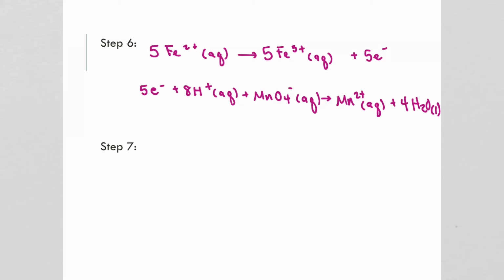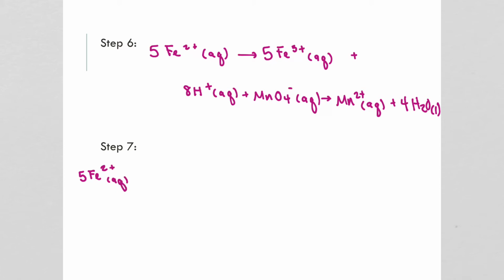So now we need to cancel out what appears on both sides of the arrow to get the overall equation. We can see that the 5 electrons, if we erase that and erase that, now we'll combine the 2 reactions and rewrite. So we have 5 Fe2+